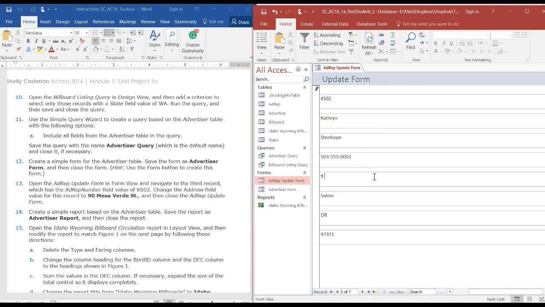Oops. So go ahead and delete all of them, and then I'm going to add 90 Mesa Verde Street. For street, you're going to type capital S T dot, right? So save it,